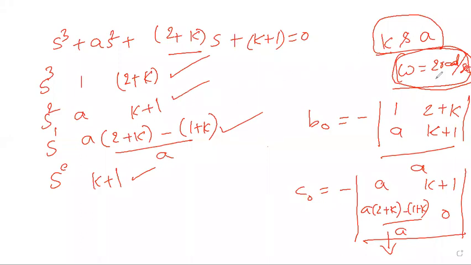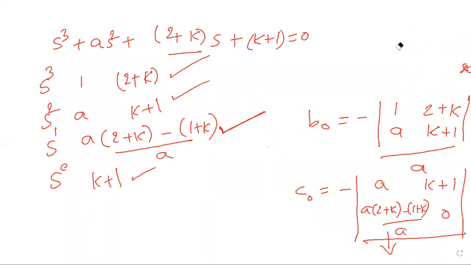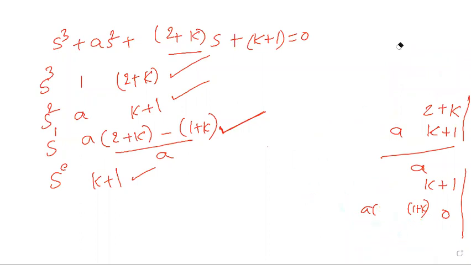So what is the given data? Find the value of k and a for this frequency. This frequency means sustained oscillation. When do sustained oscillations occur? Tell me, when do sustained oscillations occur? There must be a zero row. So when does a zero row occur? So equate this value to 0. Equate the value to 0.